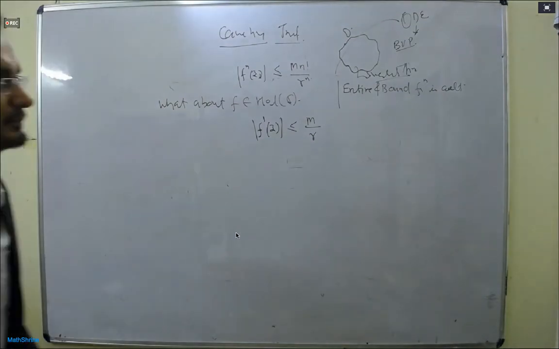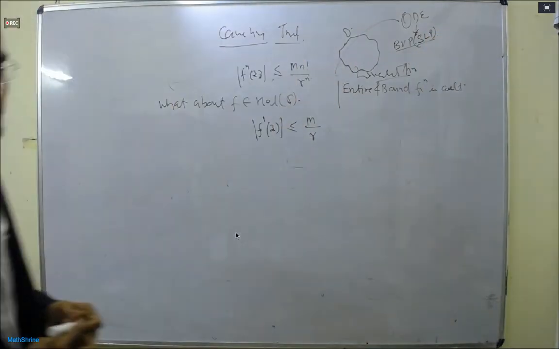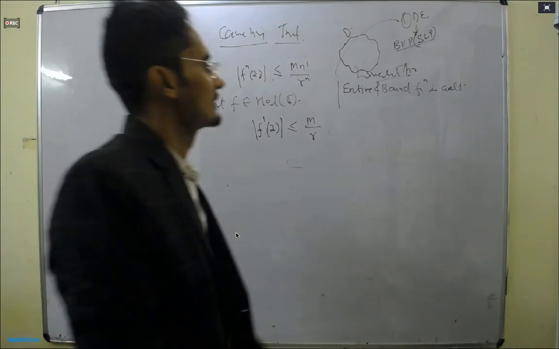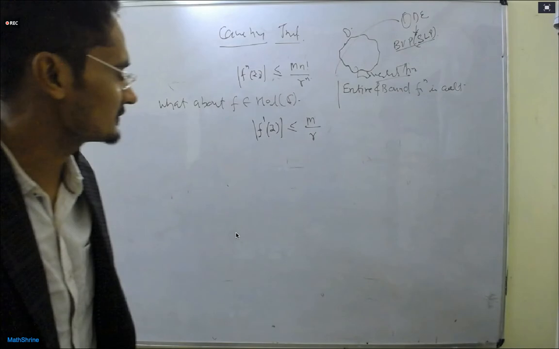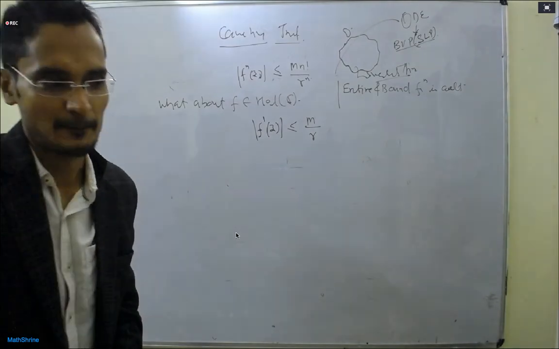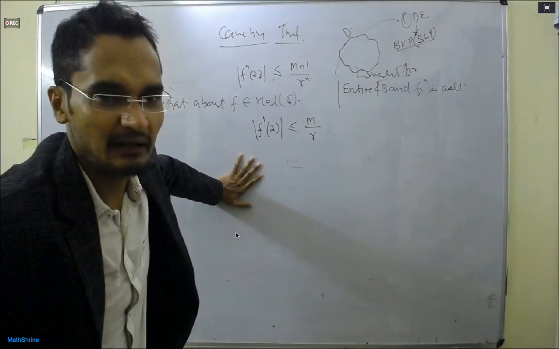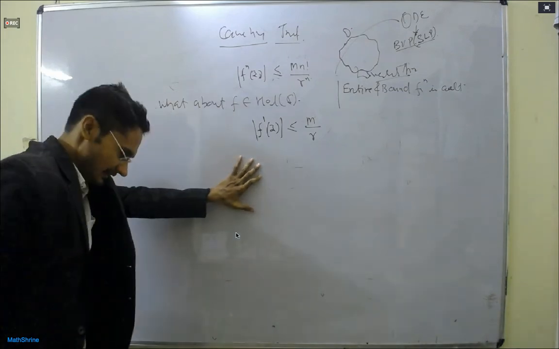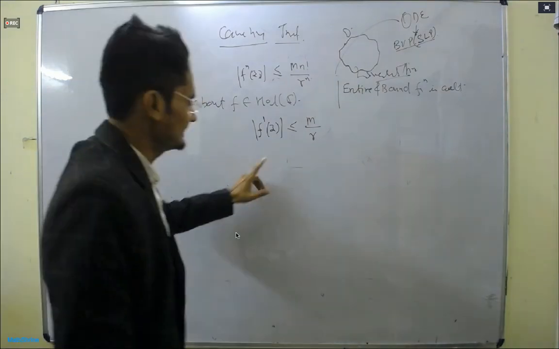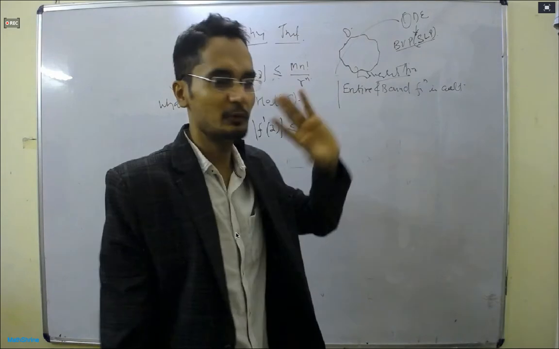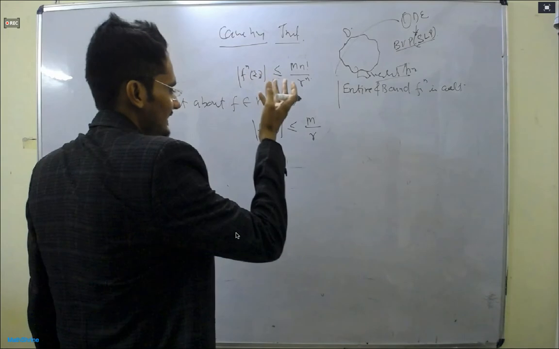This is a very simple observation you have gone through. You tell me what should I do actually? Anybody have any idea? During an interview, do not say it like this, sir. The function is analytic, so I can take the radius r tending to infinity, then f dash will go to 0. If f is entire, then you can take r tending to infinity. Then f dash z is equal to 0, and the choice of z is arbitrary, so for all z belonging to C, f is constant. This is what you want to conclude.